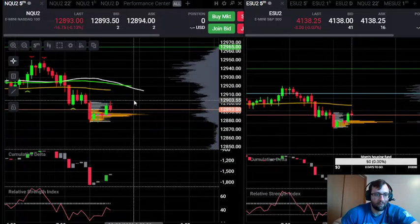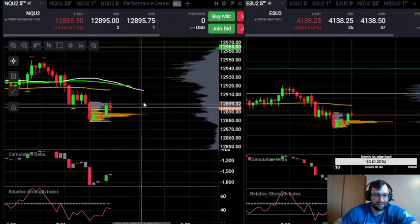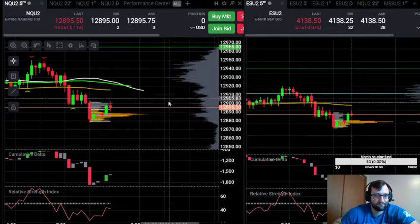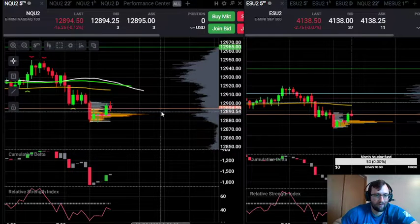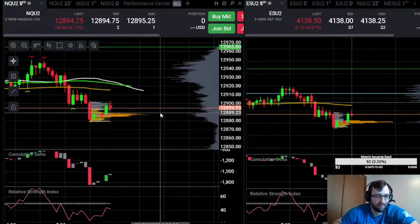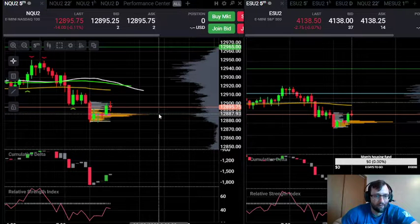Oh, there you go. That's a quick 10-point flush there, right back into volume, right to that prior wick. I would imagine a wick test would not be playing out right here, but it is sitting right at volume, so